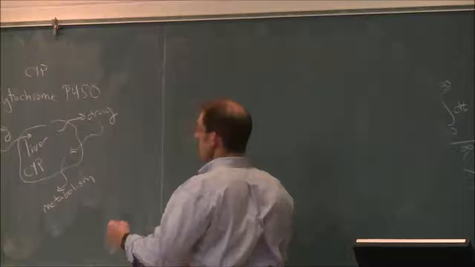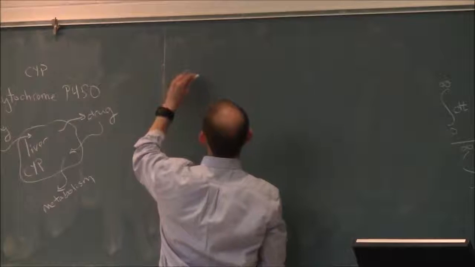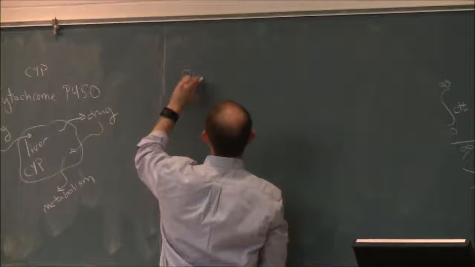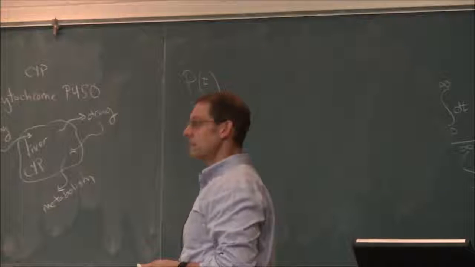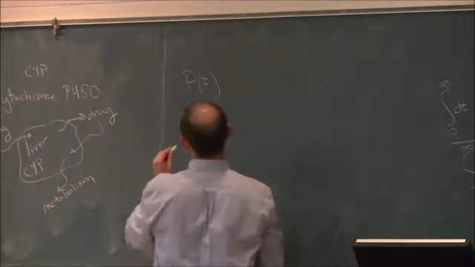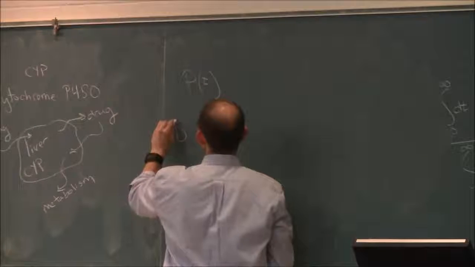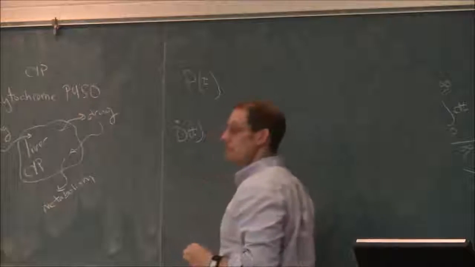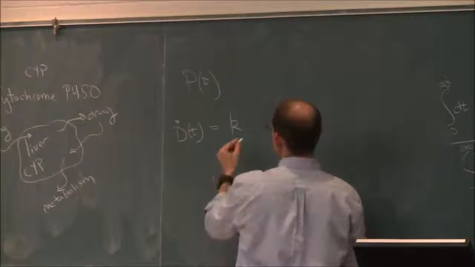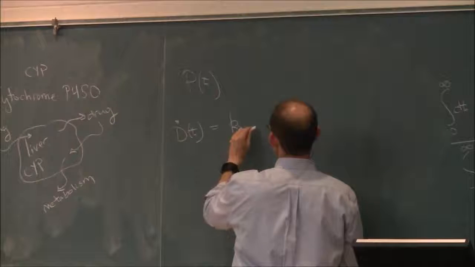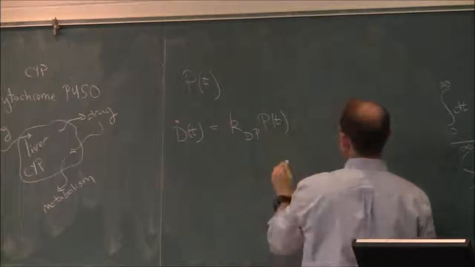The prodrug at time t is under our control. Then we have d dot of t, the rate of change of the drug, is equal to a rate constant k from prodrug to drug, times P of t,